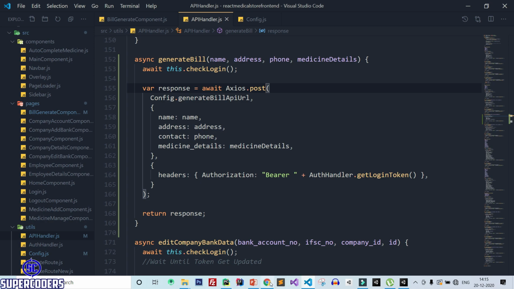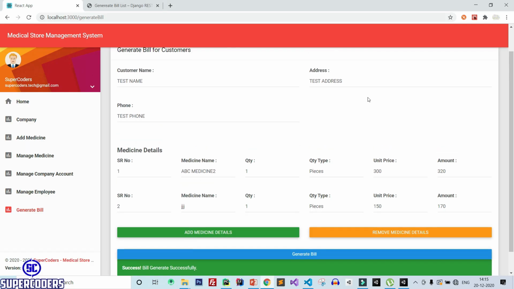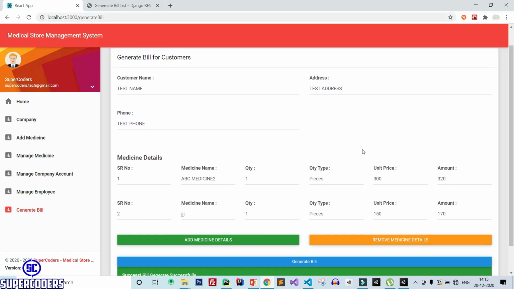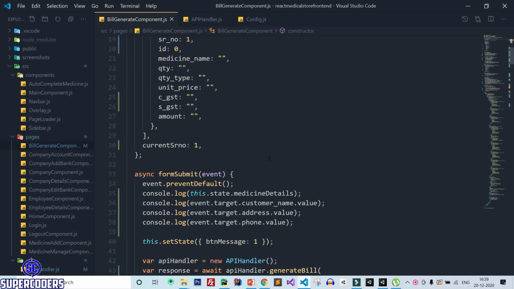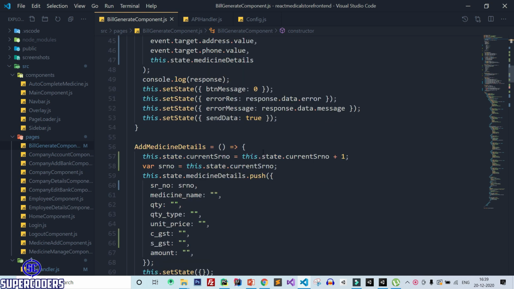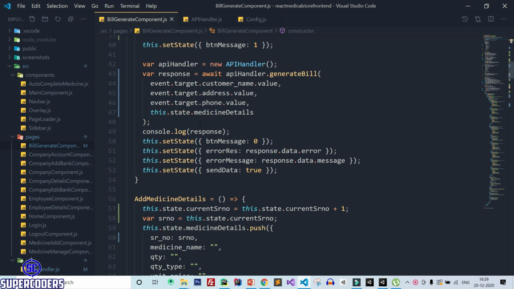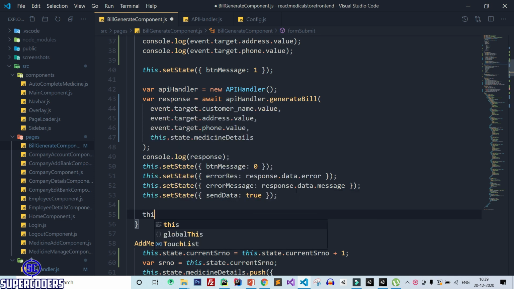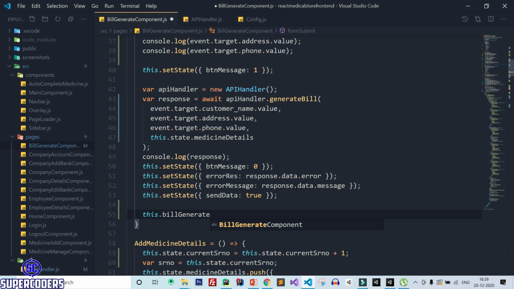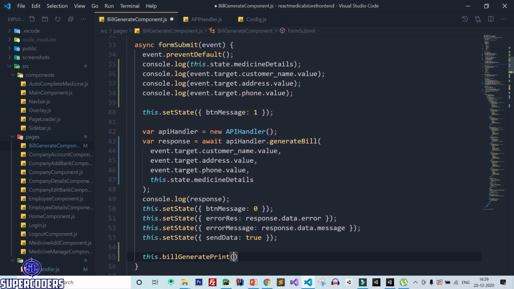Back to VS Code and open Chrome. After that, let's see how we can do this. So for this, again come to VS Code, and after saving the data, here we need to call a method for bill generate. So here this dot bill generate print and pass the data of customer.